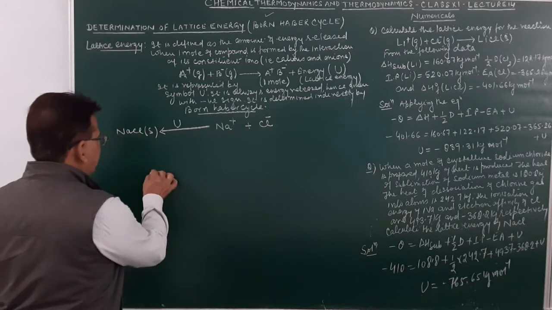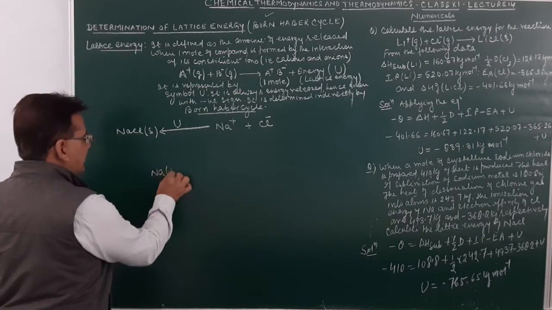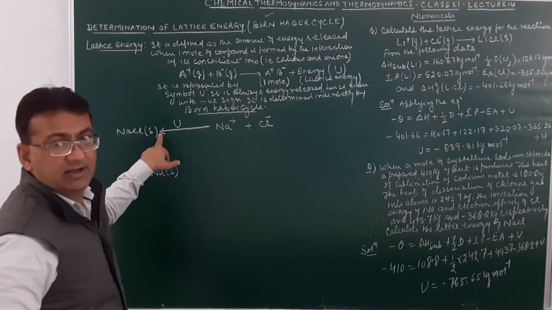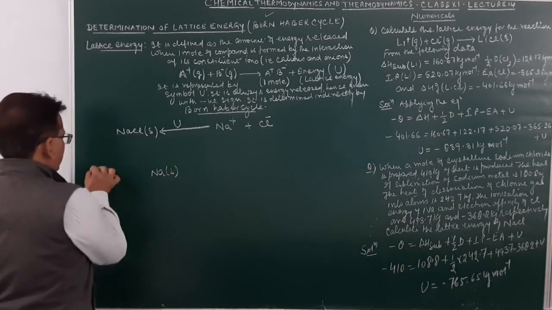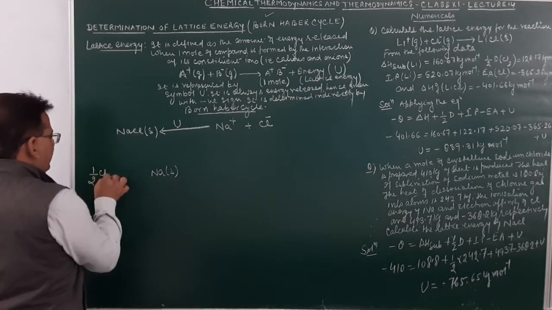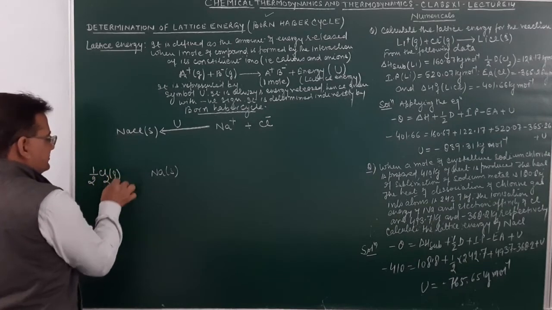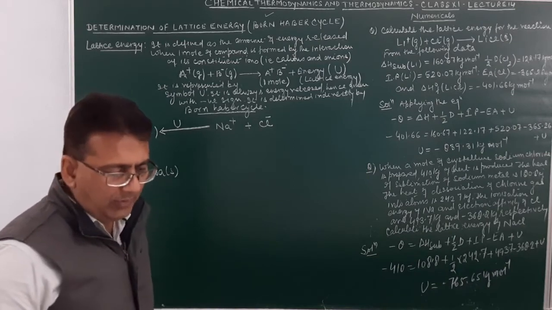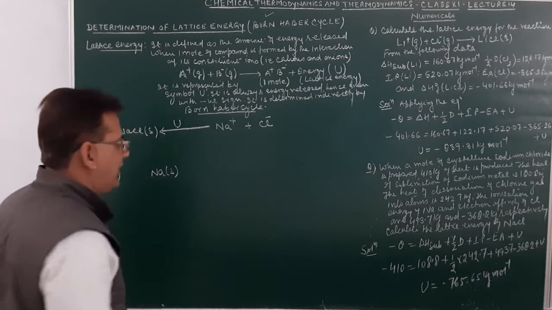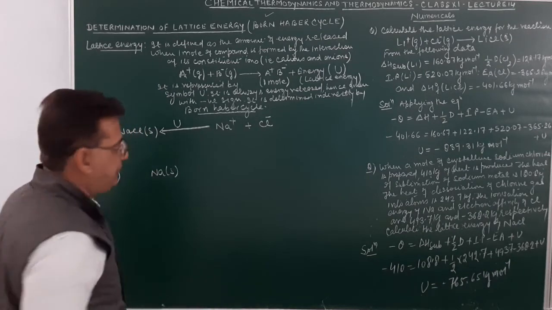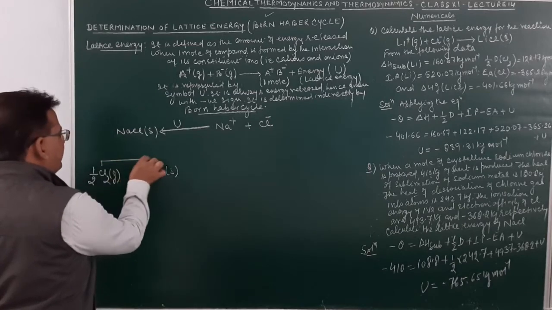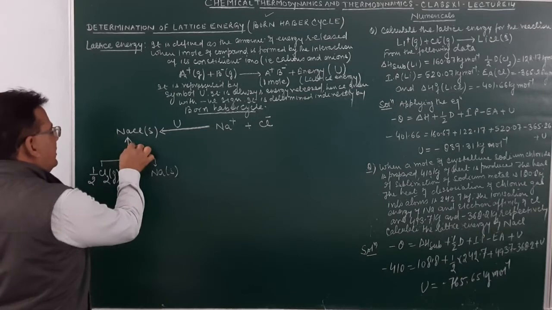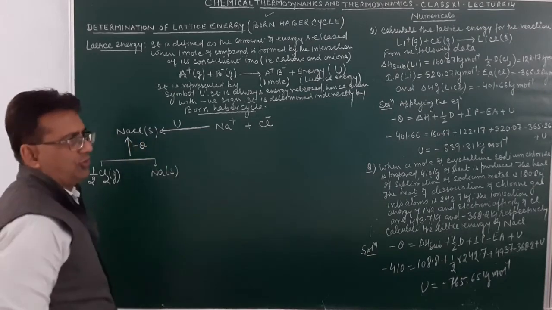How will we determine it? We will take sodium in the form of a solid. Now this is difficult to determine directly. And over here we will take chlorine, and this chlorine is in the form of a gas. Suppose sodium in the form of a solid and chlorine in the form of a gas directly combine with each other. In this case, the heat liberated will be, suppose, minus Q.